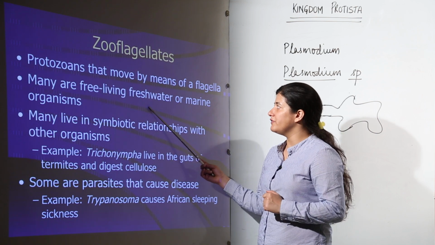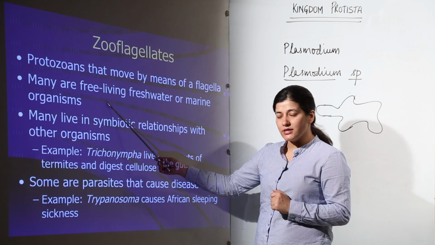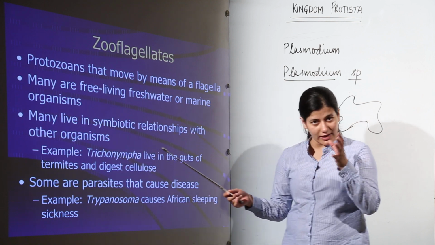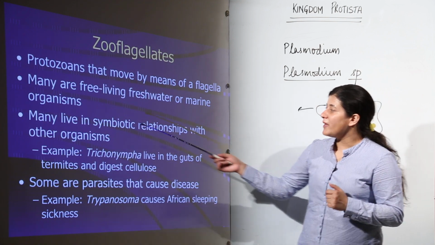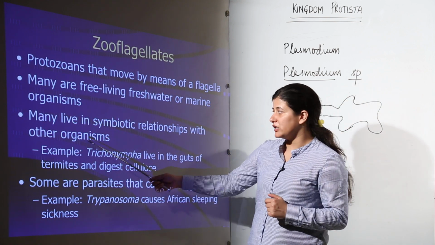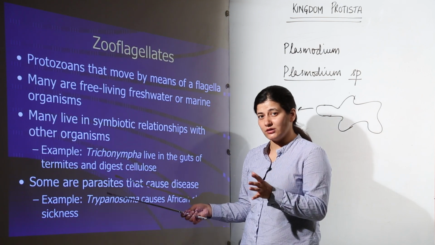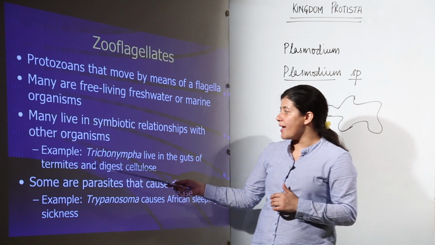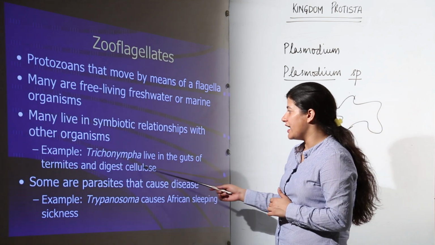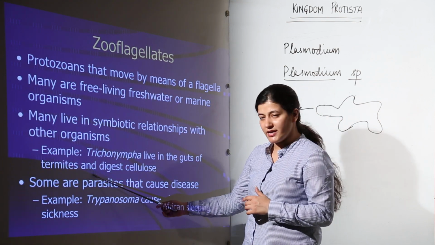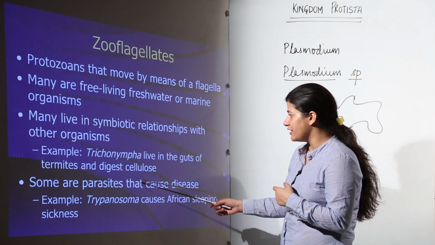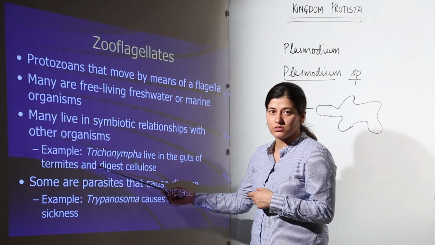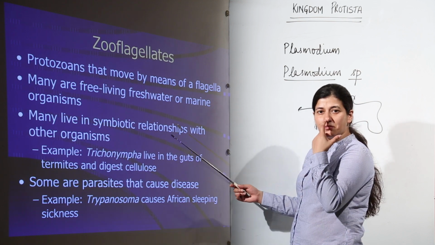Many of them are free living freshwater or marine organisms, and just now we saw that they are parasitic as well in humans. Many live in a symbiotic relationship with other organisms. That symbiotic relationship could be beneficial, but most of them are parasitic. The example that we have is Trichonympha, which lives in the gut of termites, that we discussed in the beginning itself. It digests the cellulose. So the cellulose that is eaten by the